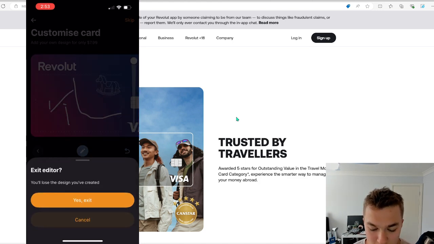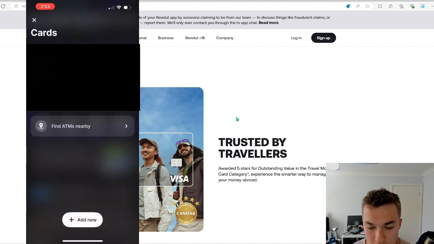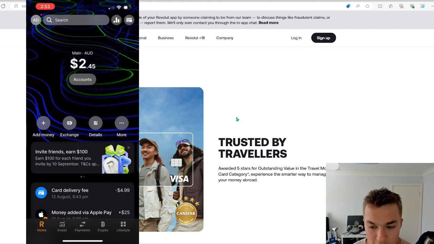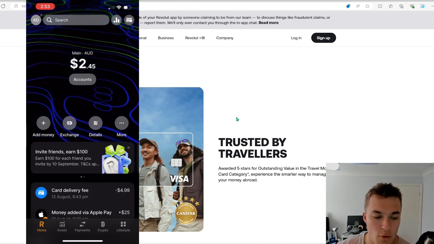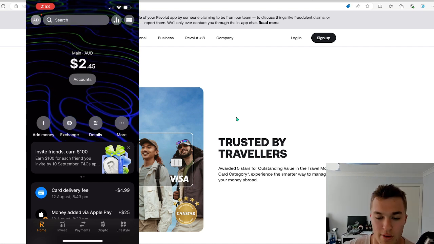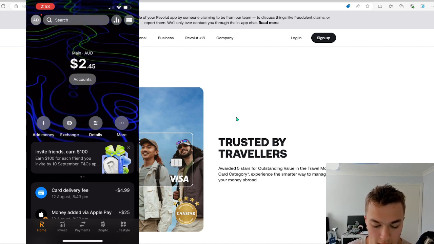And then you can literally just go and order that. So you can customize it if you want. There's a lot of things you can do, but it is just as simple as ordering a card through the app. And you can see there is a delivery fee. You can see on the bottom there, I do have a $5 delivery fee. I just got mine standard. I didn't want any patterns or anything on it. Pretty boring, but that's all you have to do to order your card.